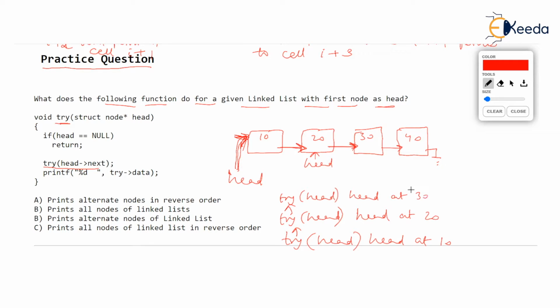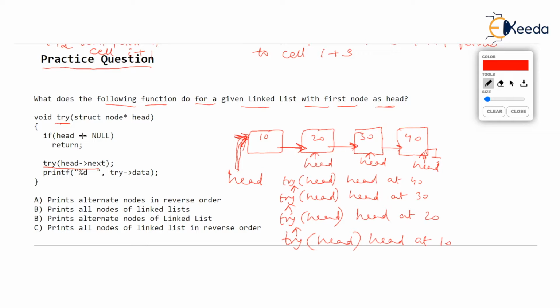So when you start this new function with head pointer at 30, head is again not null. So return doesn't execute and the recursive function gets executed. The recursive function is call try with head parameter with head at 40. That is the next node. Head is now pointing at 40. Now when you start try with head at 40, head is again not null, isn't it?